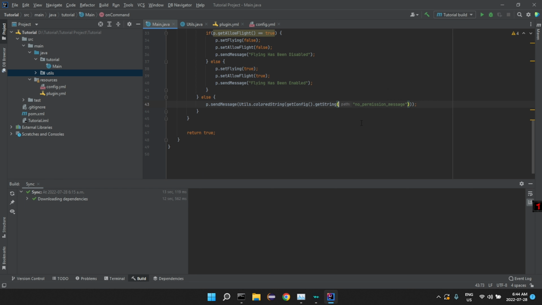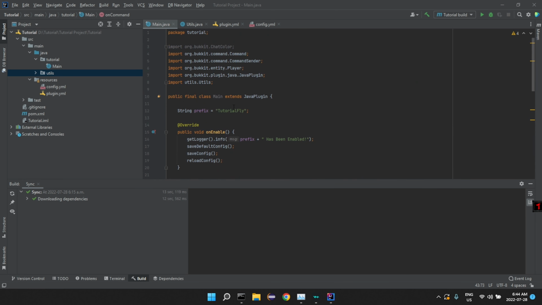Now, another thing we can do is, with most of them, they will probably be wanting a prefix to them. So what we can do is in this prefix area,